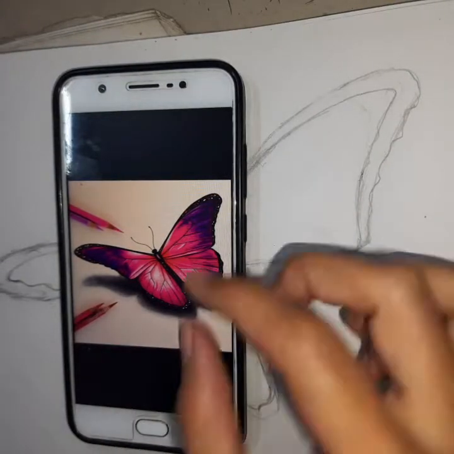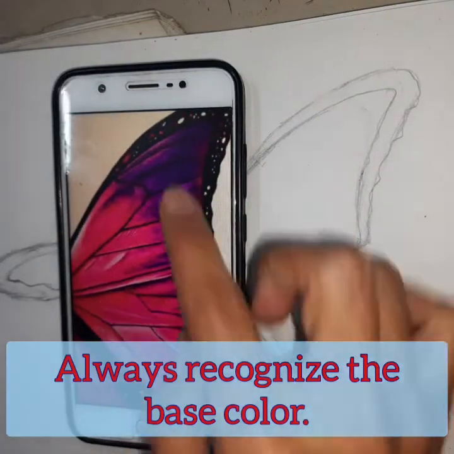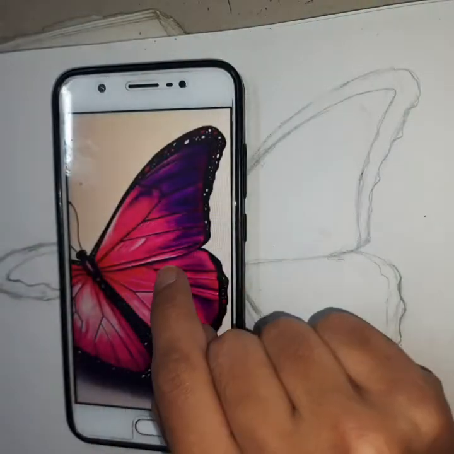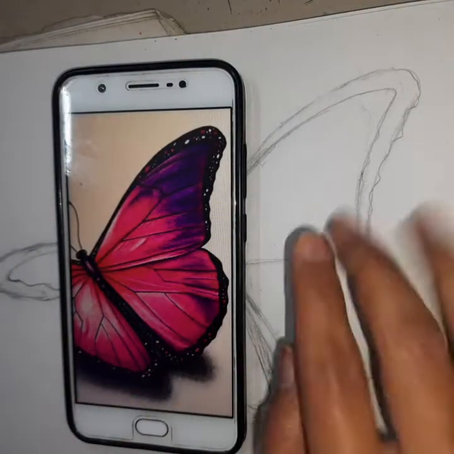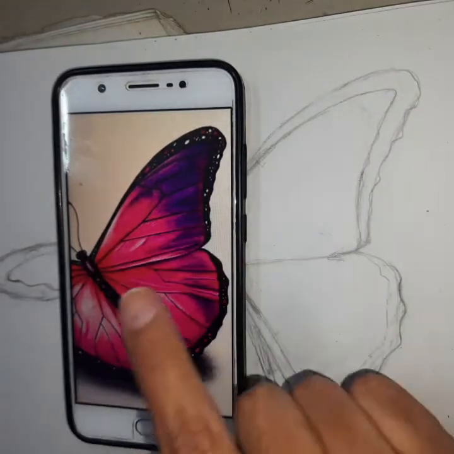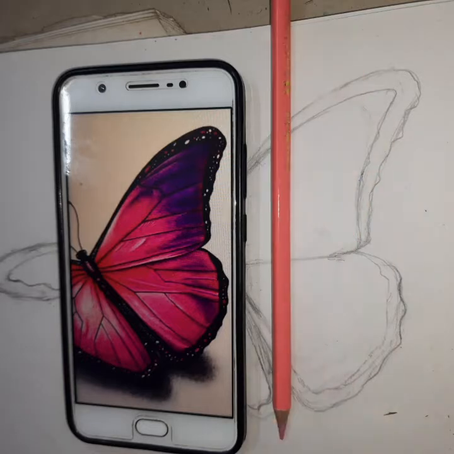So the first step of coloring is that whenever we are going to draw anything, understand the base color of that object. The base color is the original color of that object, and other colors are the layers on it that are due to the lighting effect. I can see the base color of this butterfly is pink.